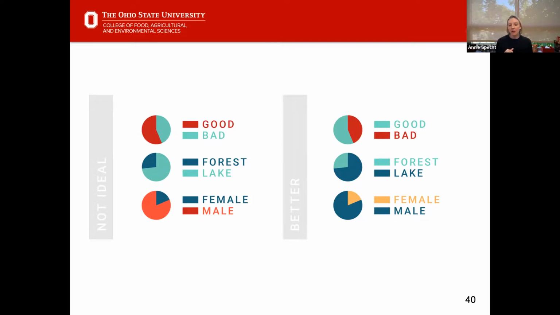And then thinking about the bottom example here, I'm not entirely sure about this one. This one doesn't really bother me quite as much, because I don't think that we have as many color associations between men and women. But I think if you use pink for men and blue for women, people would be very confused, simply because our Western culture teaches us that pink is a color associated with femininity, blue is a color associated with masculinity. So being aware of the cultural context that you're presenting in, being aware of what certain colors might mean to a certain audience member. So some things that we want to think about.